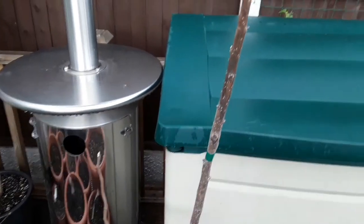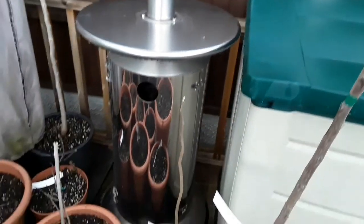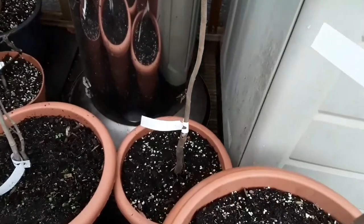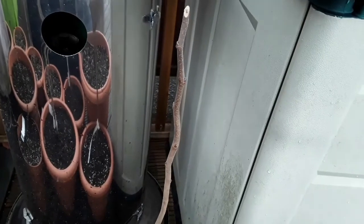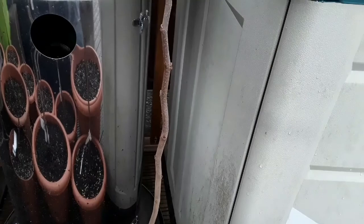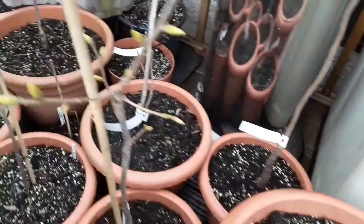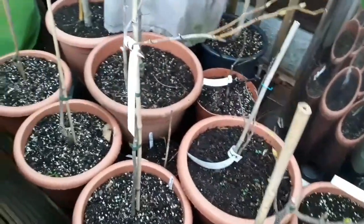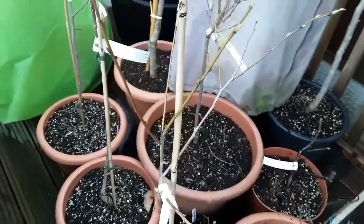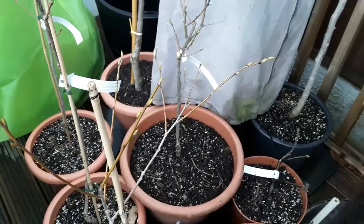Again, there's another dormant persimmon here. Nope, the rain's coming back again, but hopefully I'll be able to get this video finished. That persimmon there, also bare root, is a Costata. I've cut that one back and the top of the plant's definitely dead, but I scraped the bark lower down and there was a little bit of green, so I'm fairly optimistic it will still come back. But compare it to the persimmons I bought at the same time, that were all pot grown in small containers, and I've potted them onto large containers. When you look at the growth on those,